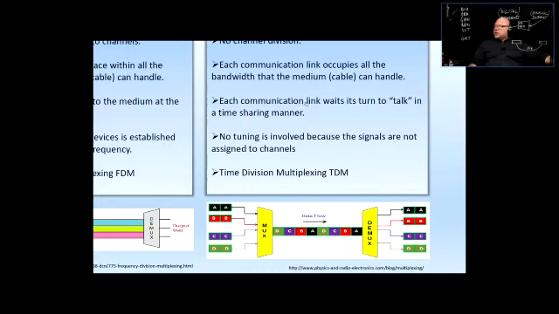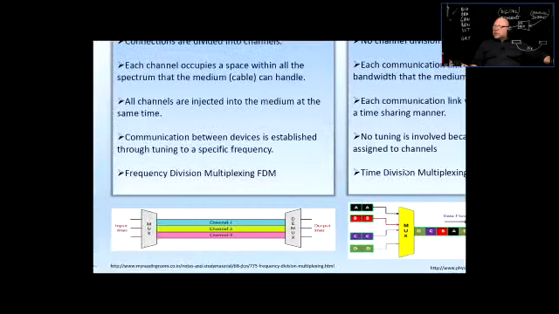And here's the idea. Each communication link waits its turn to talk in a time-sharing manner, right? So I just gave you the example of telephone conversations, but there could be different things. Let's say these days they have fiber optic lines provided to the house. And that fiber optic line, or the optical fiber, basically contains all kinds of different signals at the same time, right? So this transmission A could be your television signal, and the television signal will be decoded on the other side. Then the other one could be, I don't know, your telephone service. So then the telephone service will be connected to the telephone circuitry. The other things could be some other signals, whatever it could be, and that's how time division multiplexing is solved, as opposed to